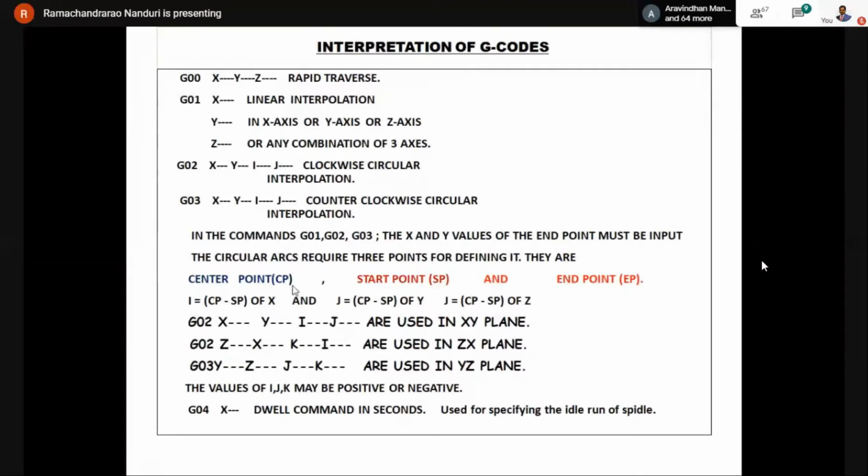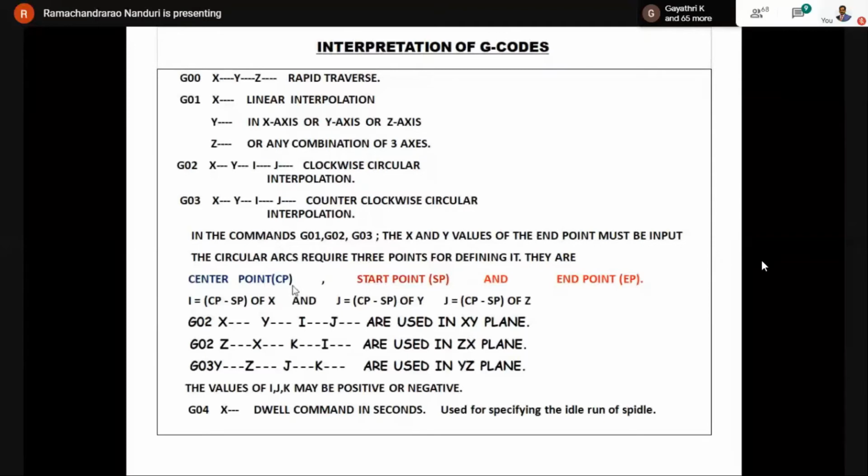So, as I have told you, I represents the circular interpolation parameter along x-axis, and its value is given by center point x coordinate minus start point x coordinate. Similarly, J value is given by center point y coordinate minus start point y coordinate.